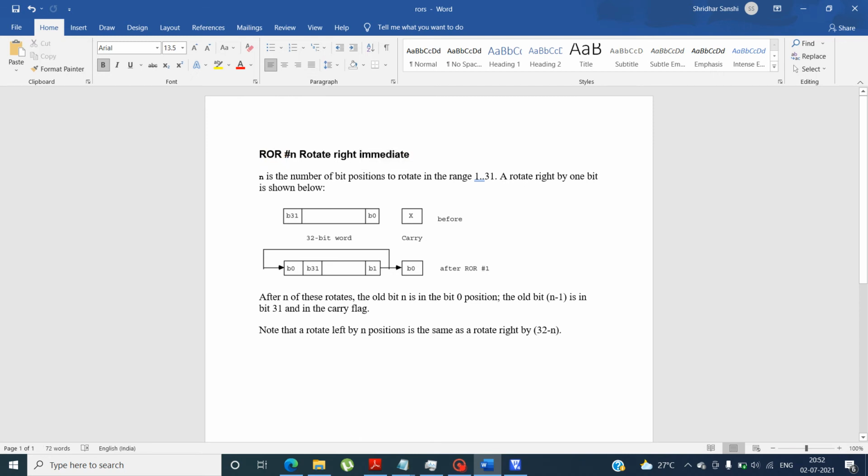So what happens when we give ROR followed by some value? It means we are going to move the bits by n number of positions, where n is the number of bit positions to rotate, in the range 1 to 31. Okay, so let's consider an example. Say suppose I'm using ROR comma #1. So what it means is that I'm going to move the bits of this memory location to the right side by